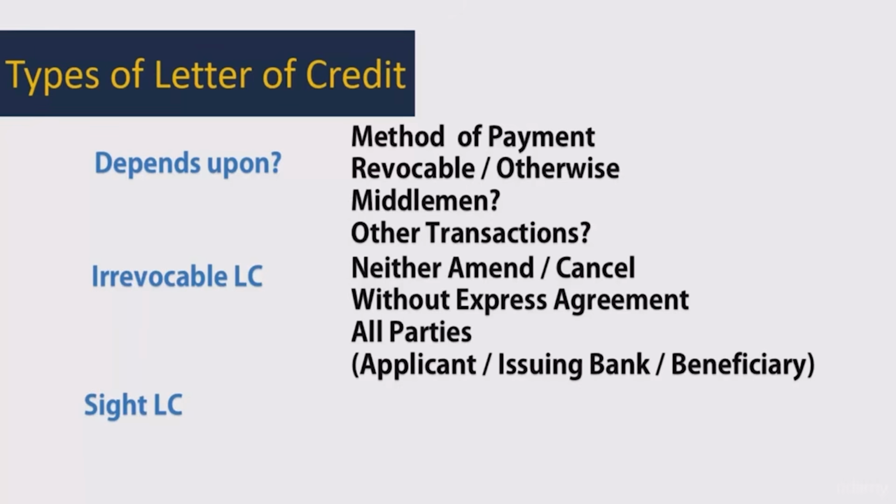It means the buyer is opening LC in favor of seller just to get his confidence so that he can send the goods, because the goods have to travel a longer distance, and the seller has a fear whether the buyer would pay or not, say without credit itself, because there is going to be a transit period and whether he will pay or not, so there is a fear. So seller has insisted on LC and buyer had opened LC in favor of seller, and that is a site